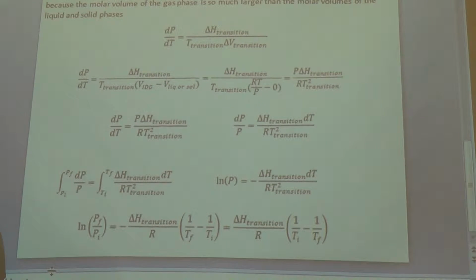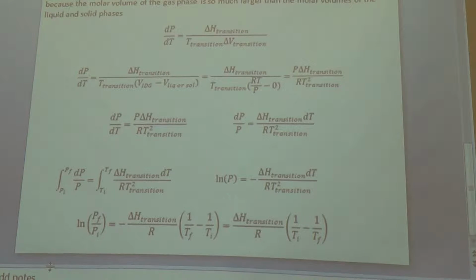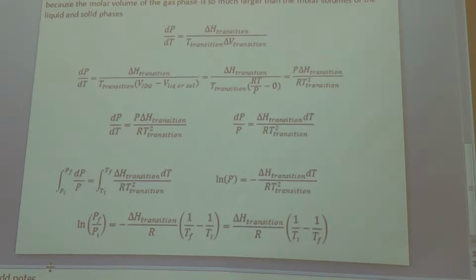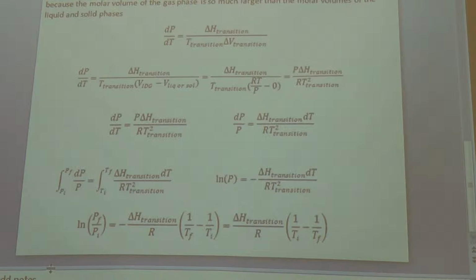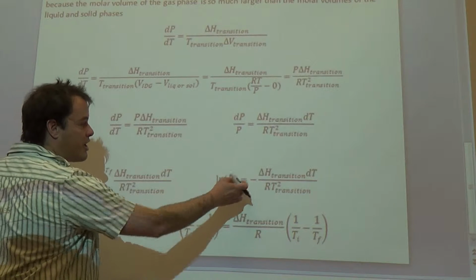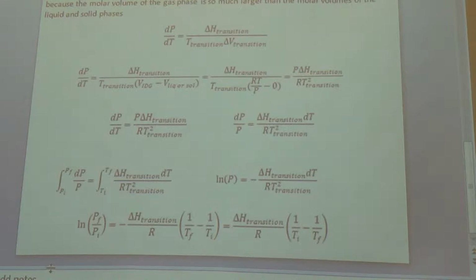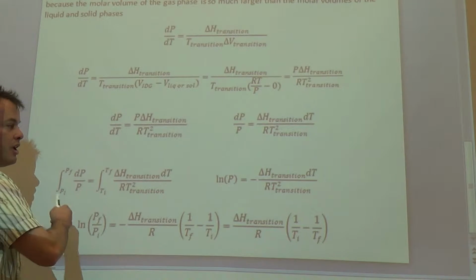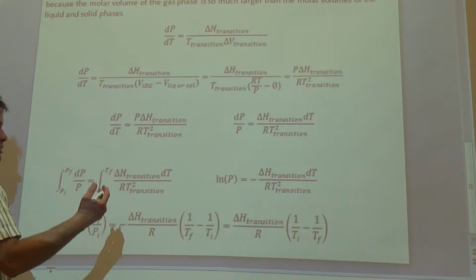In taking this integral, we're assuming that delta H of the transition is independent of temperature. We saw early on in the class that enthalpies aren't necessarily independent of temperature, because as temperature rises, different degrees of freedom become available. But we're making the approximation in this derivation that we're in a range of temperatures where delta H is essentially constant for the process. So we end up pulling that delta H out of the integral, and we're integrating essentially